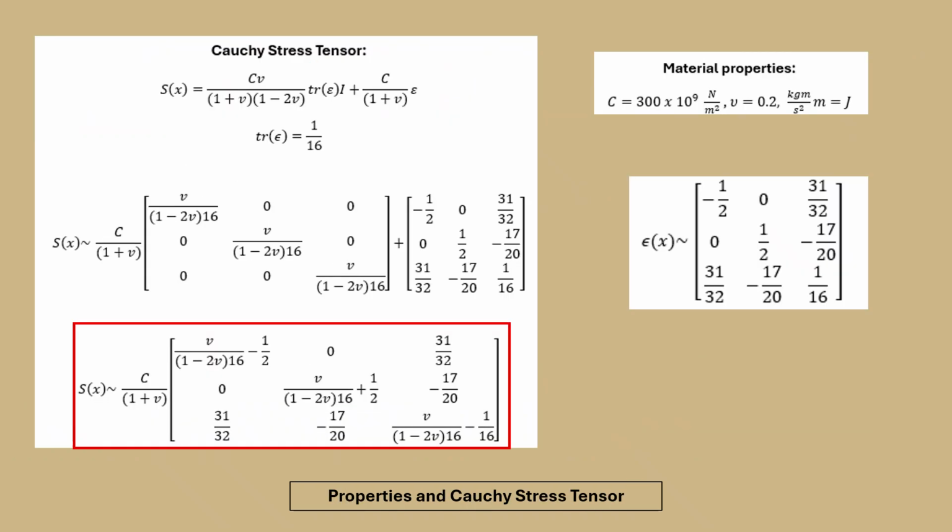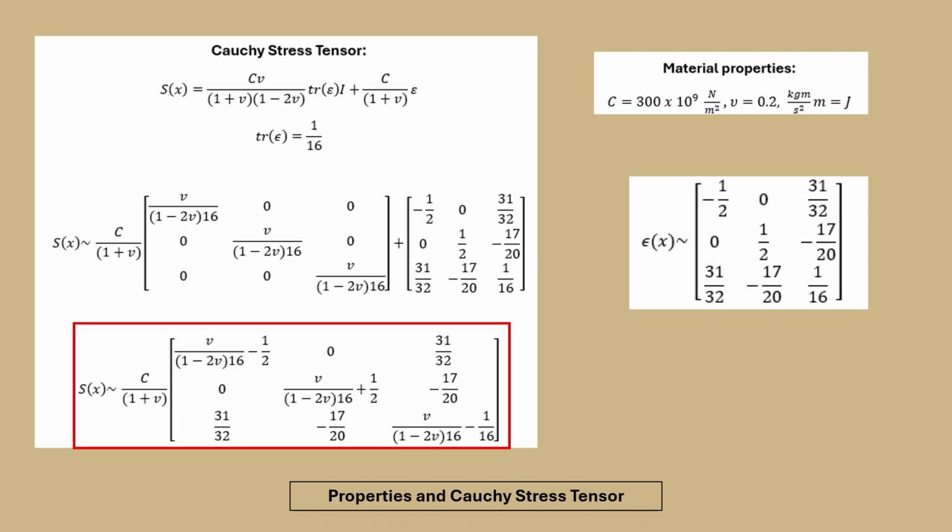All right, on this slide, this just defines the material properties. C is 300 times 10 to the 9, and V is equal to 0.2. And then just a reminder about the strain, and also the derivation of the Cauchy stress